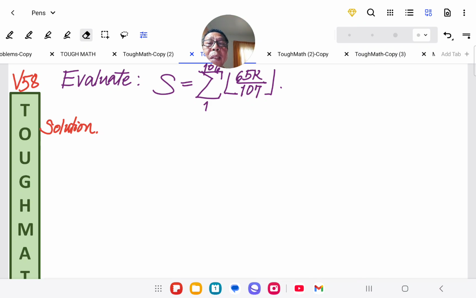So our problem for today is this. Evaluate S, which is the sum of the greatest integer value of 65k over 107, where k ranges from 1 to 106. Okay, first we note that